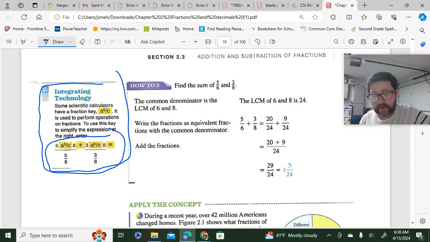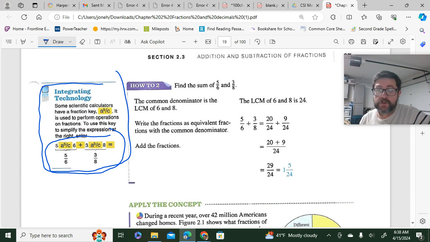So 5 fraction button 6 plus 3 fraction button 8. I'm sure there's some better term to use than fraction button, but okay, it equals